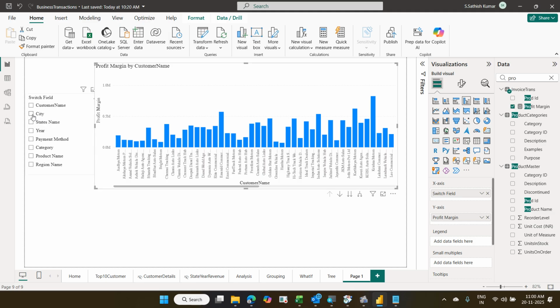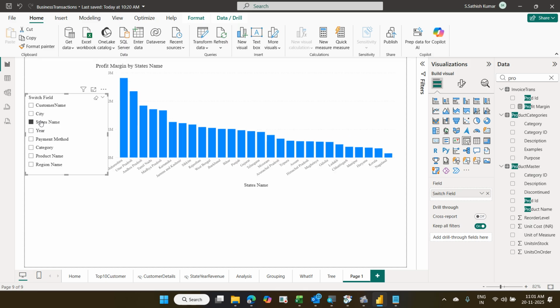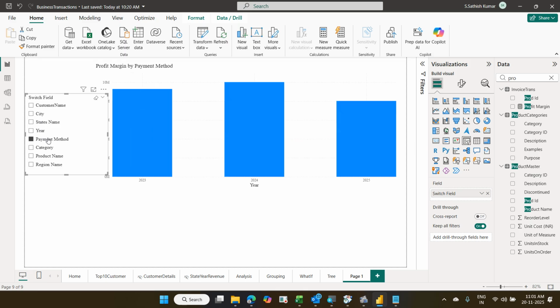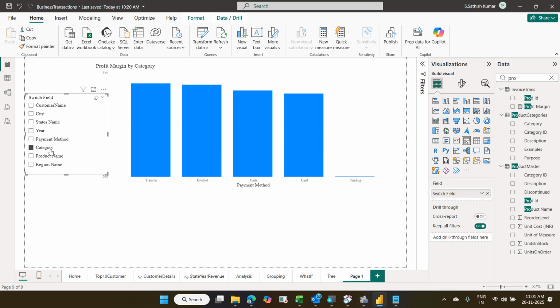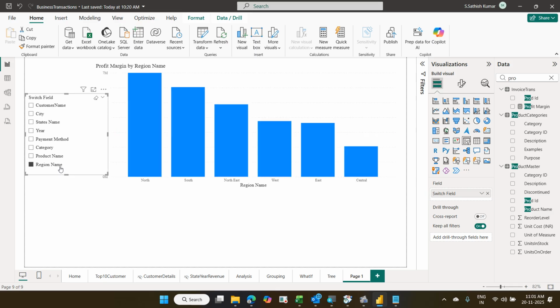But second level, suppose I select a particular city. It shows some particular city. But my end user doesn't want to see all the cities. They want to see only 10 cities of it. Or if I select the state names, they don't want all the state names. They want only a particular state or 4 or 5 state names. So